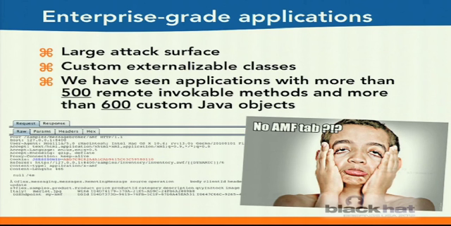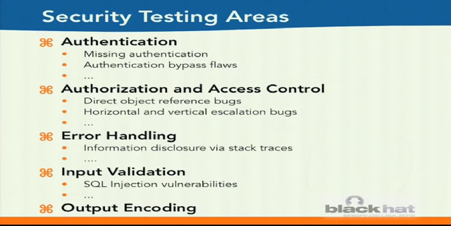This kind of tool has no knowledge of the application objects and everything that is properly customized for the applications. Speaking of security testing of AMF, we basically need to do a parallel of testing a web application. So we should be able to build custom objects for all methods, so all classes, all methods, and check authentication for those. Make sure that there may be public methods, but there may be some other methods that require proper